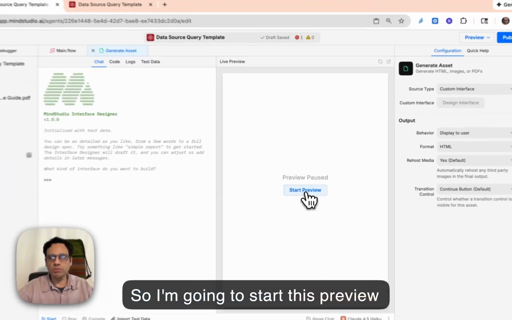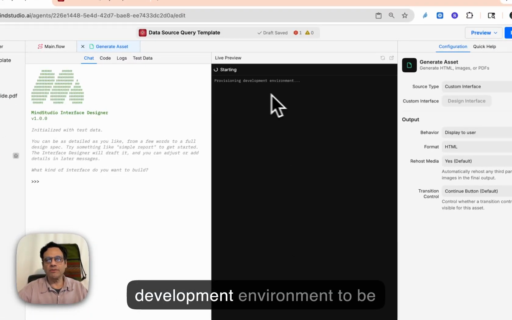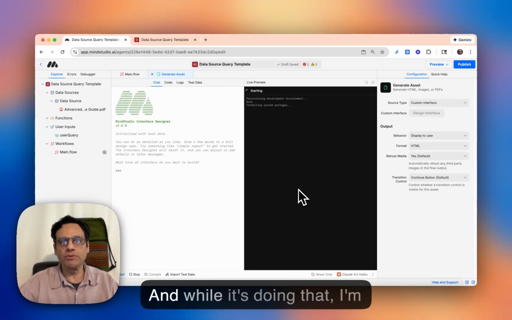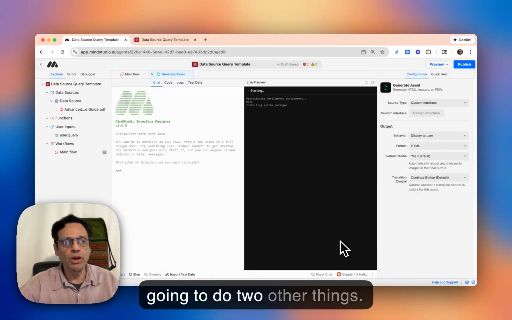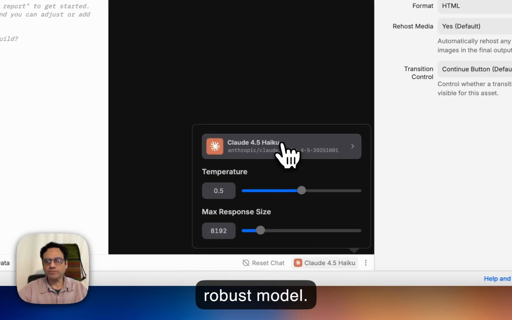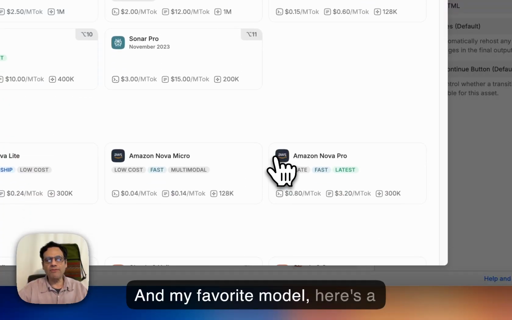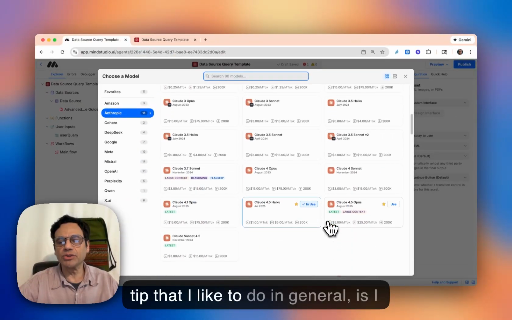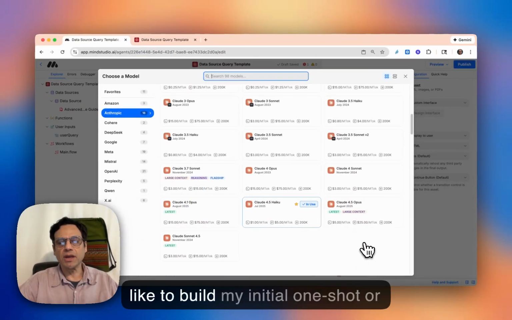So I'm going to start this preview right now, and it's loading up the development environment to be able to run the preview. And while it's doing that, I'm going to do two other things. One is I'm going to select a more robust model. And my favorite model here, here's a tip that I like in general,